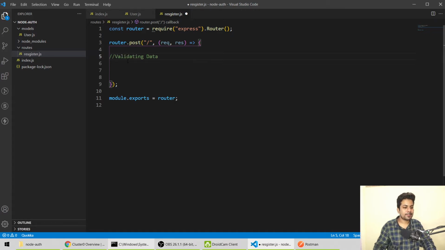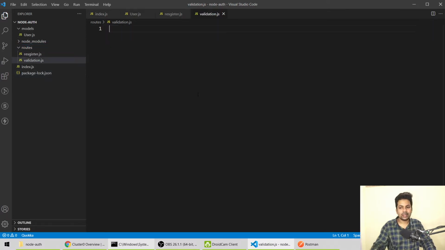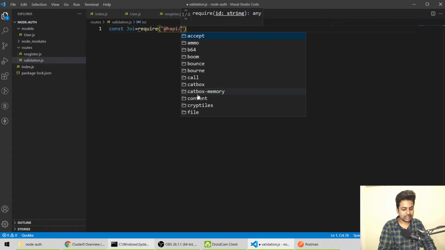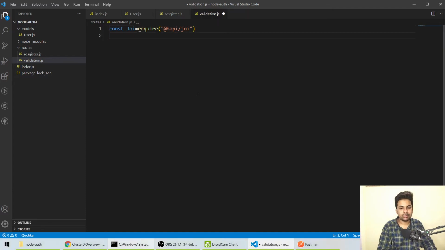For validation we'll make a new file here only. We'll call it validation.js. In validation.js we'll say const Joi equals require @hapi/joi. This I have installed in the starting, hapi joi, so we're gonna use that.